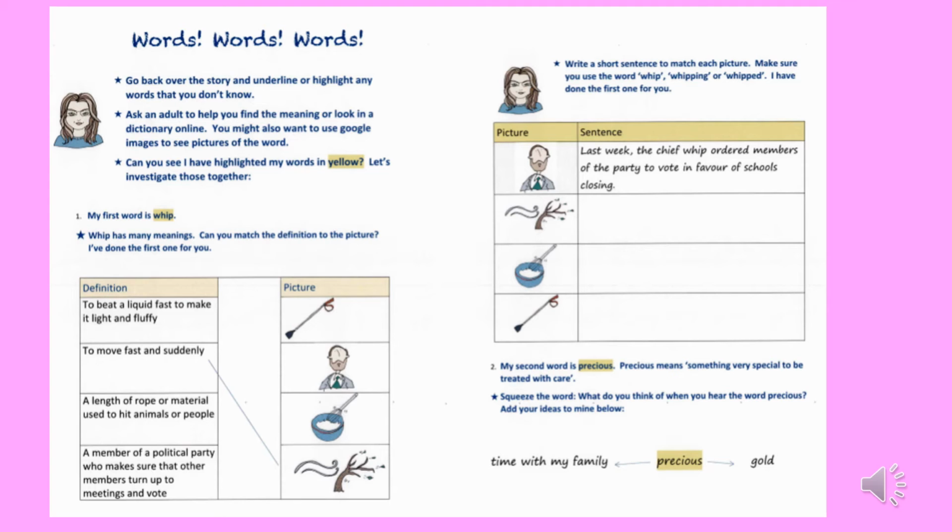So, please go over the story from yesterday and underline or highlight any words you don't know. You can ask an adult to help you find the meaning if you look in a dictionary. And if you go through the text, you'll be able to see that there were already some words that were highlighted in yellow. And for today's lesson,